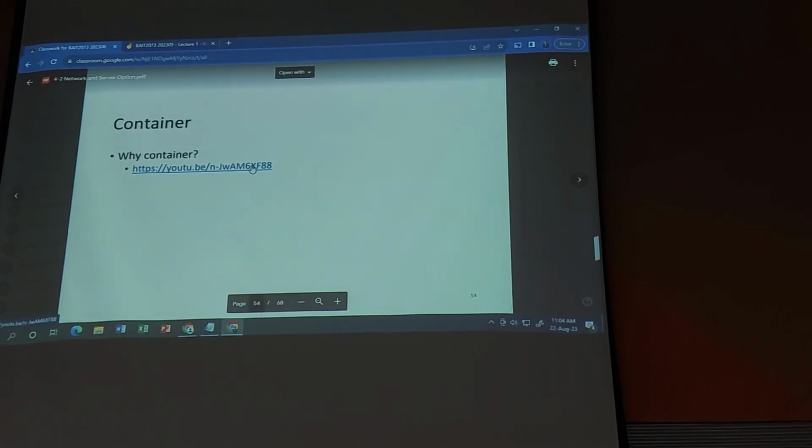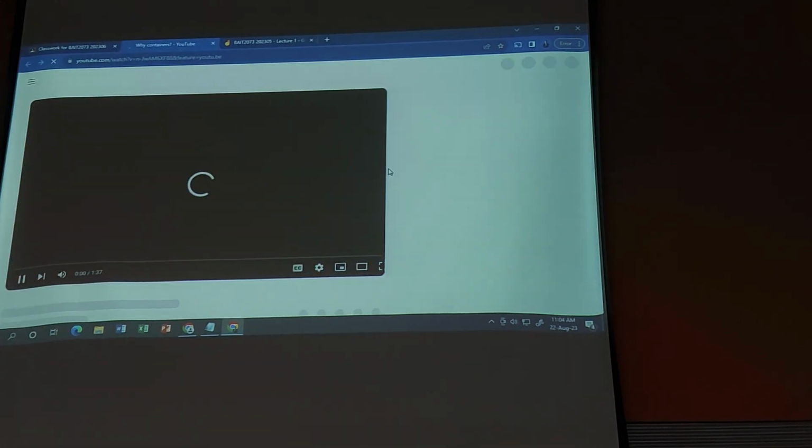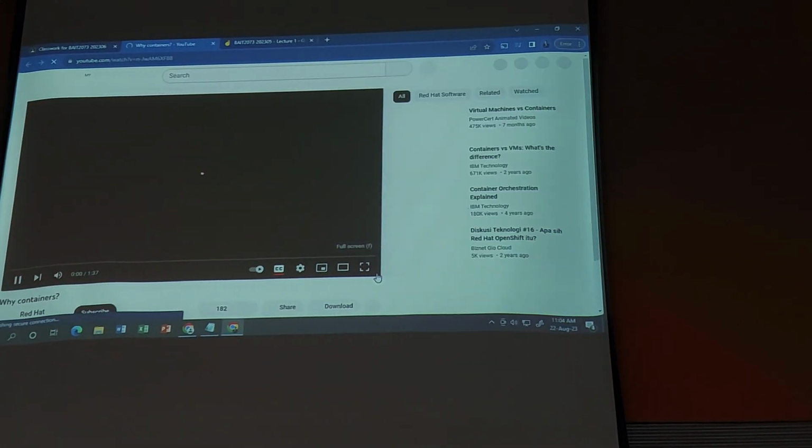So let's take a look at this one. Container is quite new in terms of